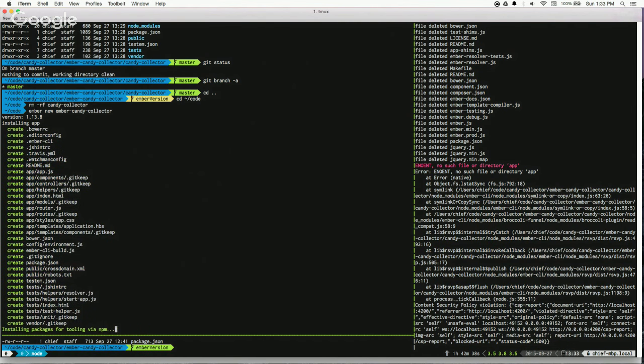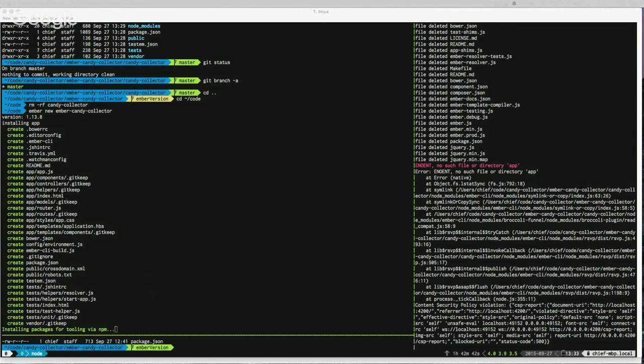I hope I'm right. And what I'm going to do is just force overwrite the Candy Collector